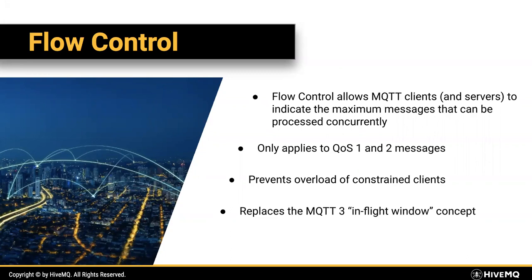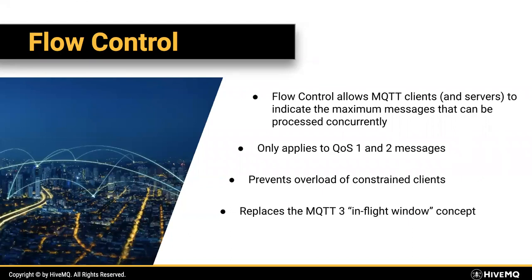Let's say there's a car in a garage for one week, and then it goes online again. It will probably have thousands of messages. What is not a good strategy is that the broker would send all messages at once to the client, because if it's constrained, it will probably break the client. And vice versa, if you have a very heavy producing client, you probably want to restrict clients so that they don't produce a lot of messages, because you really want to make sure that nobody's breaking your deployment.